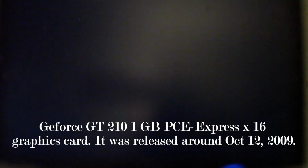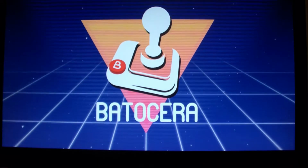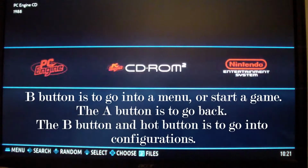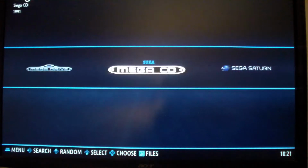So this computer is the Dell Optiplex 360, which was released in 2008. And the graphics card that I have in here is a Geforce GT210 with 1 gigabyte of RAM. So the video card itself is as old as the computer. So the computer is at least 14 years old. I'm using it as a server, and I'm also testing Batocera on it. So let's run some games. Like first I'll be running